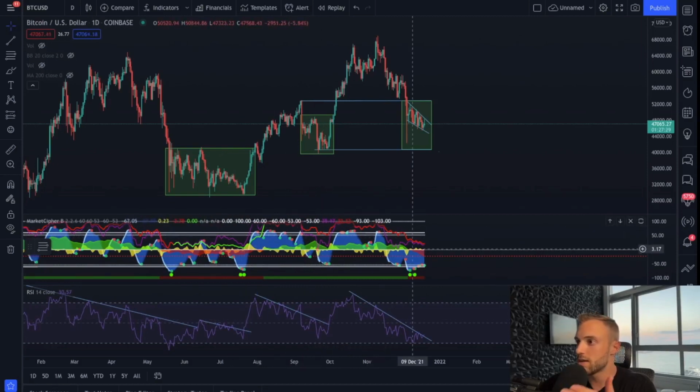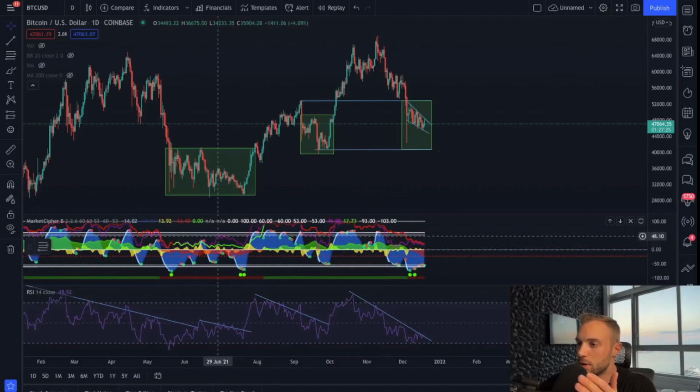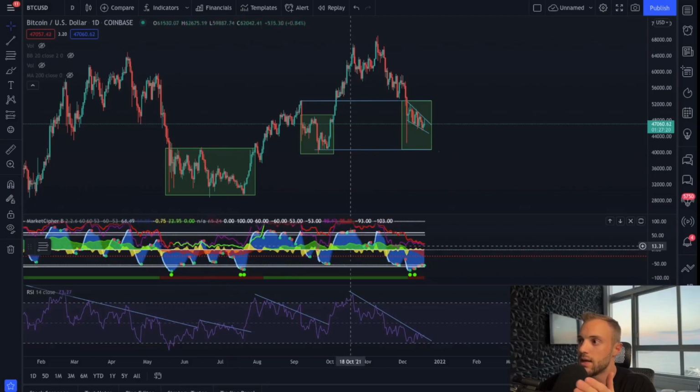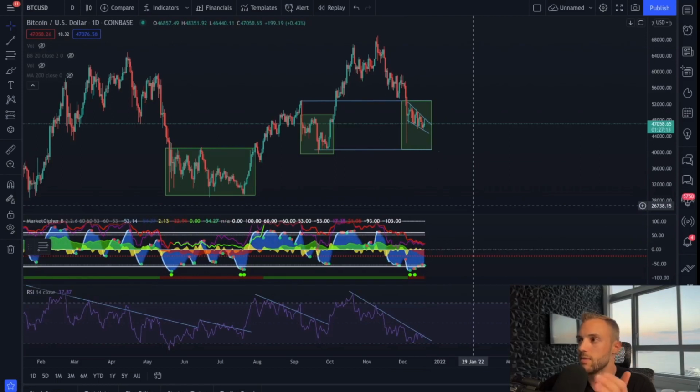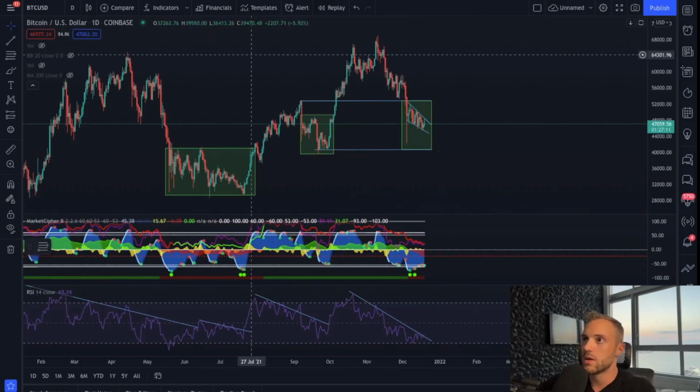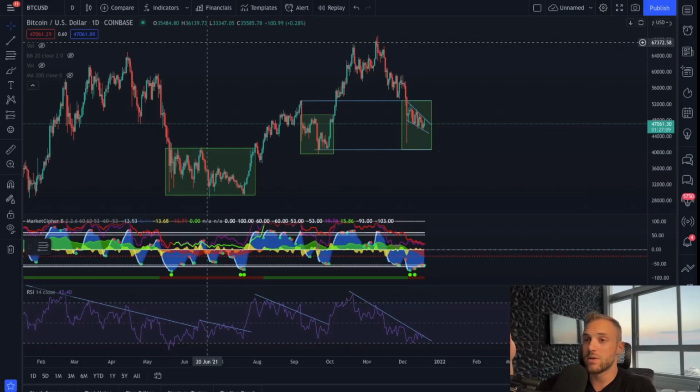We can also use Market Cipher. What I like to see is the green dots down here. Then I want to see this purple line cross above the red or green line. Preferably it's already green, so I'm just waiting for this purple line to cross above the red line for the red line to turn green. That's likely a confirmation heading into a bullish upside. Okay, so those are examples of technicals. I also like to look at fundamentals, like I was just mentioning.